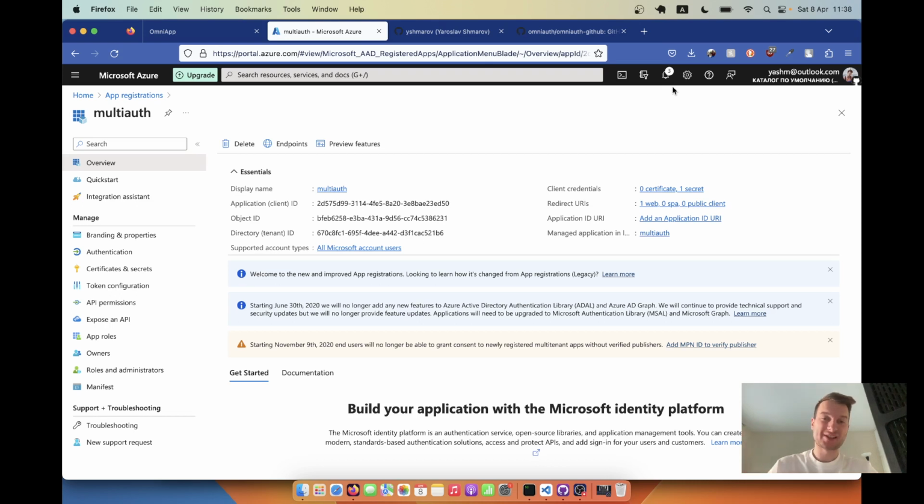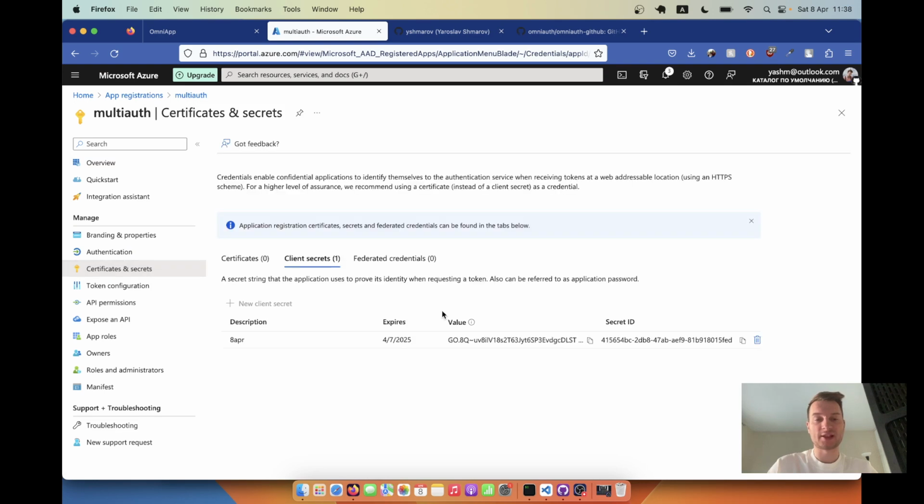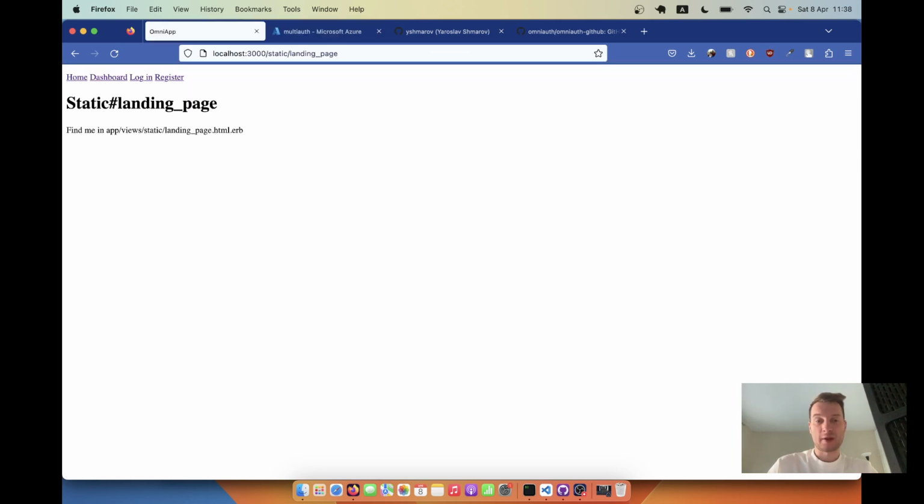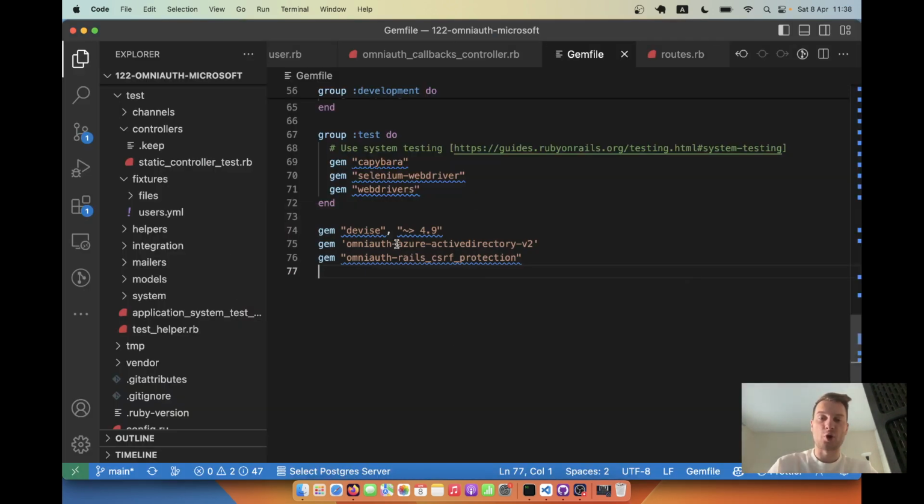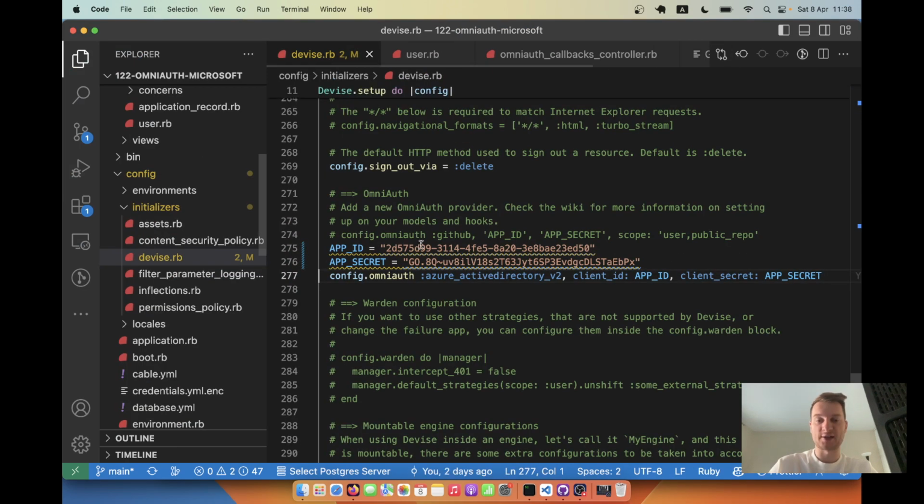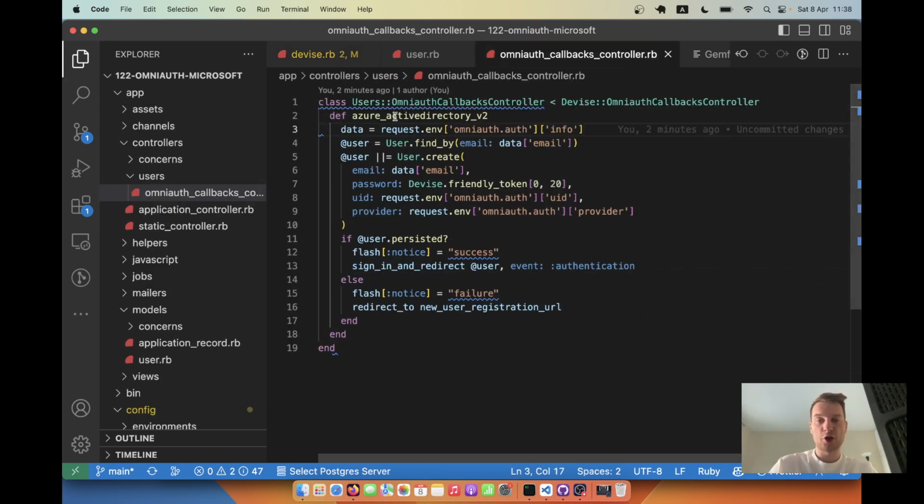Hello. So in the previous episode, we added authentication via Microsoft account into our Ruby on Rails application. It worked this way. First, we created a Microsoft Azure account. We created an app registration. Then we got a client ID, and in certificates, we got a value. We added the gem omniauth-azure, and CSRF protection. Then in our Devise, we added these two keys, configured the omniauth, and finally we added this callback to authenticate